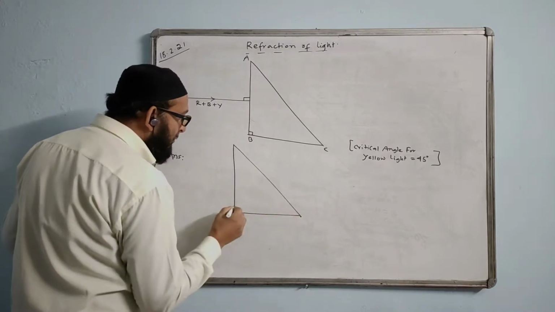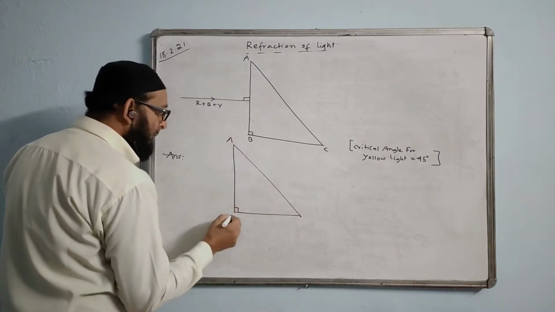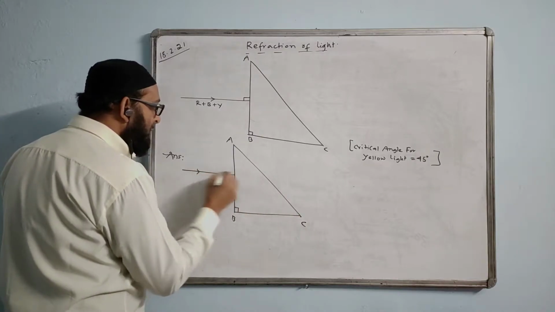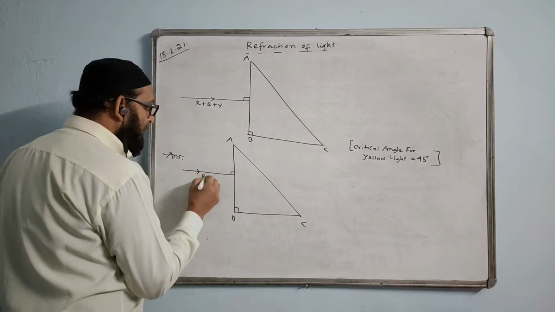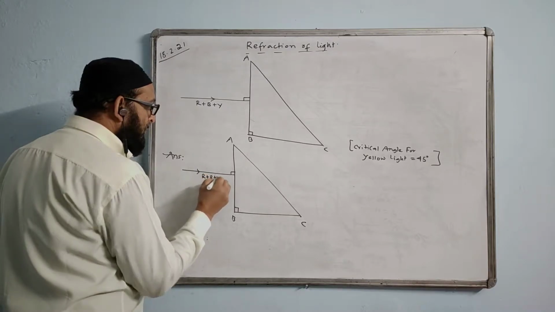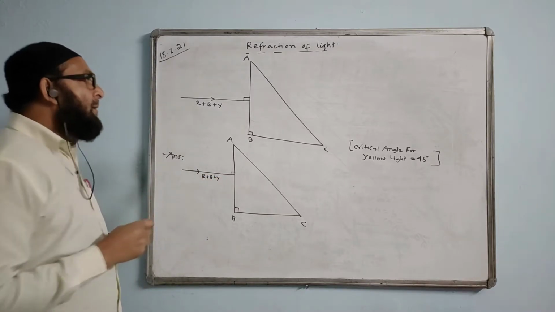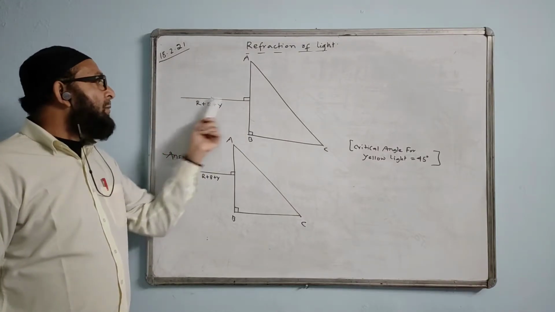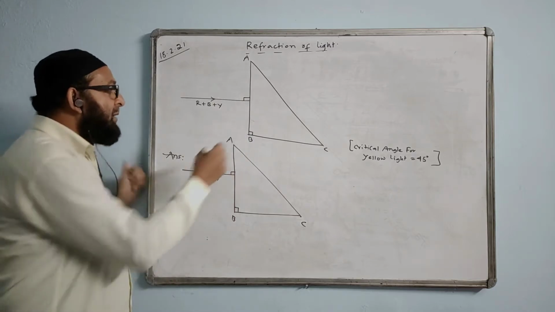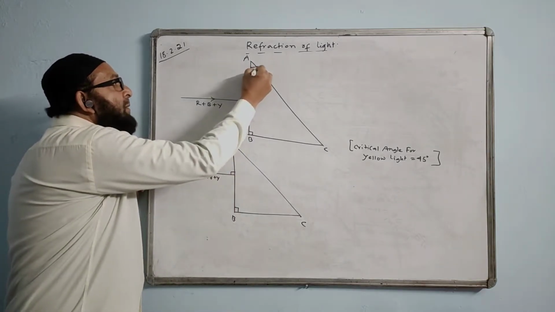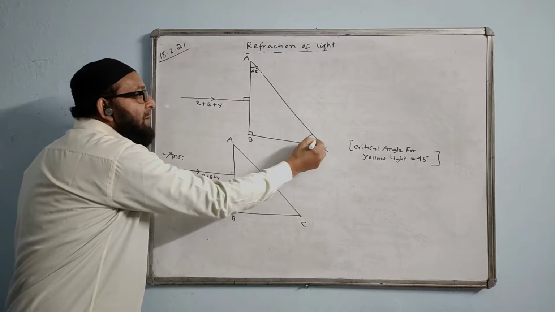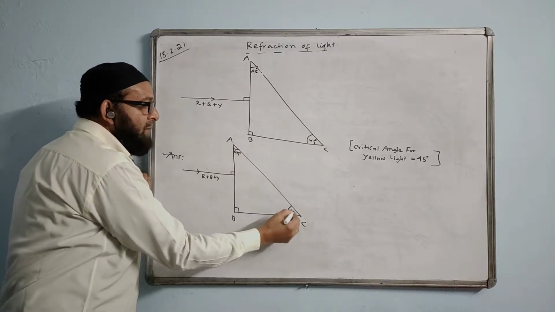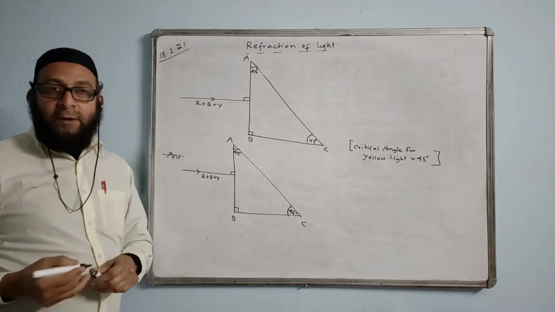Did you get the question? Did you understand the question? In the question, we have three colors mixed together: red, blue, and yellow, and they pass through a prism. This prism is 90 degrees here. 45 degrees is given here, and here also 45 degrees is given. This is the prism given. They are asking to copy and complete the diagram.